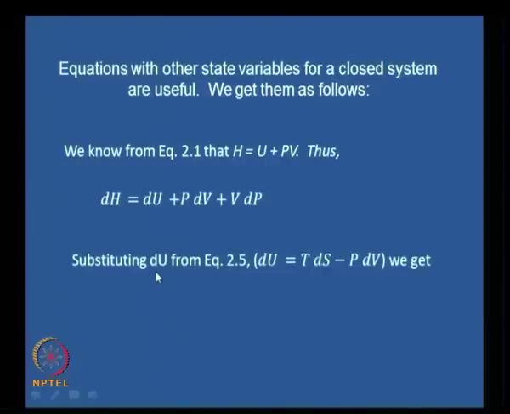If we substitute du, as we know from equation 2.5, as TdS minus PdV, we get dH equals TdS plus VdP. Let us stay with this for the time being. This is a useful relationship for a closed system. dH equals TdS plus VdP, as represented by equation 2.6, and in the next class I will show you how to get the other